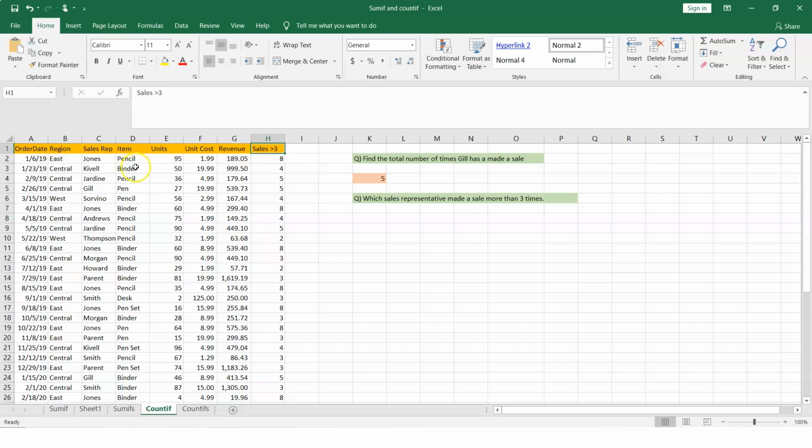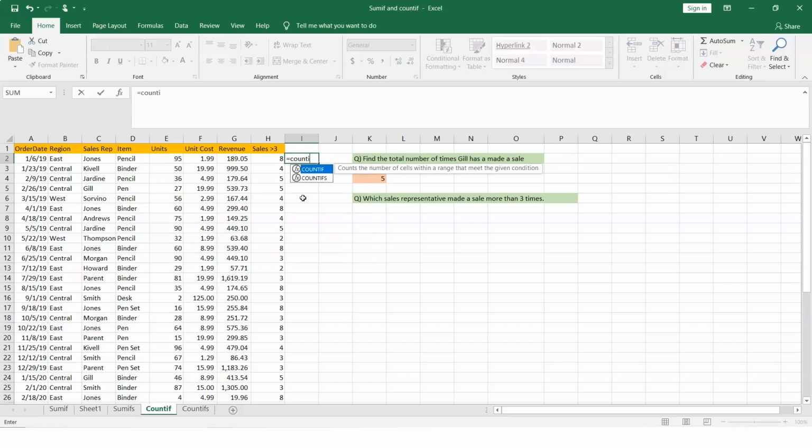Now I could basically check for every sales representative here if they have made a sale more than 3 times, and what I can do is just say equals, start with COUNTIF, then I need my filtering criteria. So that's your range. So first thing is we will choose, for example, C2 to C44, and then we need to